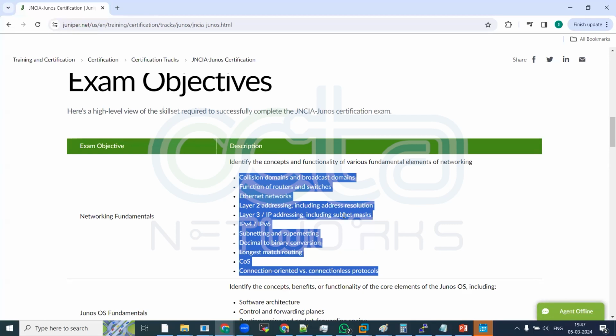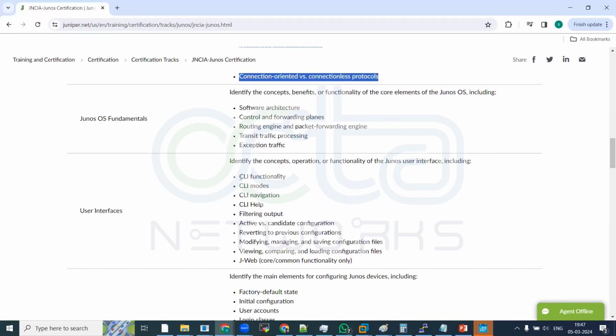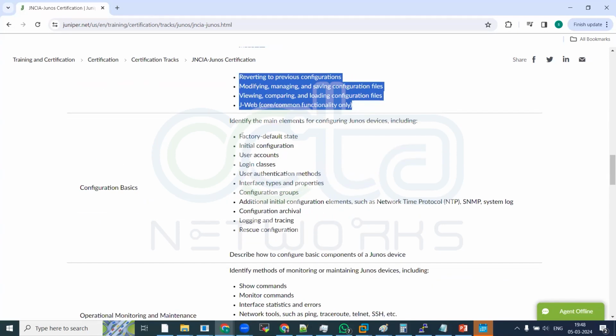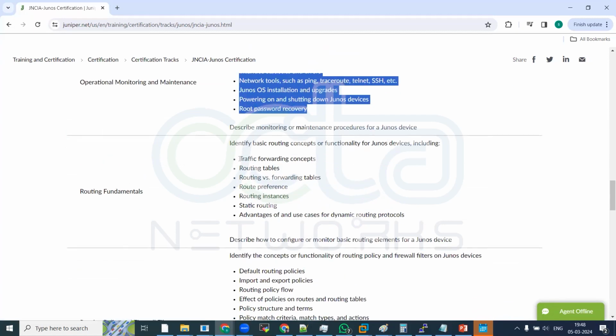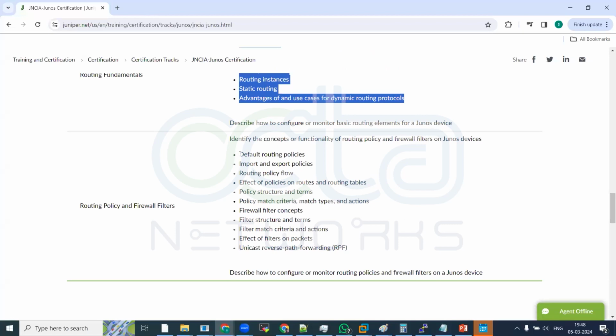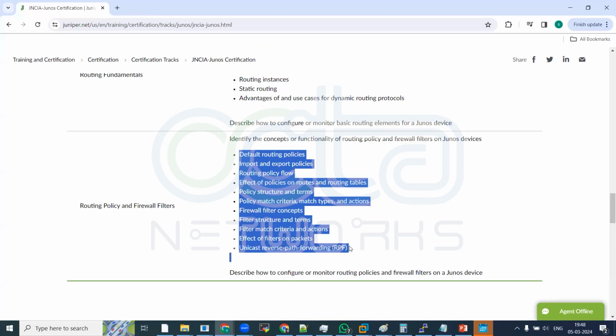And if we have to spend more time on this, then our timeline will also get disturbed. So I hope we are not going to spend more time on these topics. Rather, we'll focus on topics like how to use the user interface of the Juniper, then basic configuration of the Juniper, right? And the maintenance commands, monitoring commands, operational commands, then routing commands or routing practice on this, right? And at the last, we are going to deal with the firewall filters and the routing policies, right?